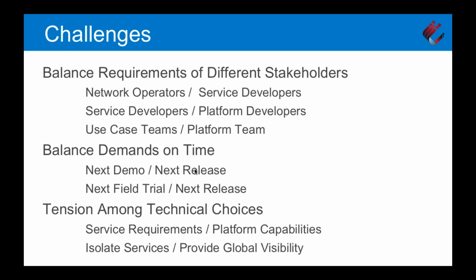So as teams, you have different objectives, and we have to find a way to balance those objectives. We all understand there's a balance on our time. So the next demo takes time away from the next release or vice versa. And we just have to figure out the right way to prioritize those. And likewise, the next field trial takes away from the next release. So every sprint, we're having to balance, do I finish the feature that these guys are waiting so desperately on, or do I help out this demo or this field trial so that they make some customer happy? Everything I'm describing here is the same thing that you face in a business setting,